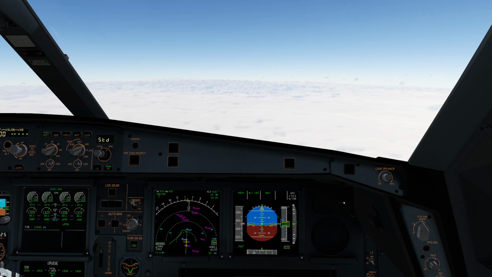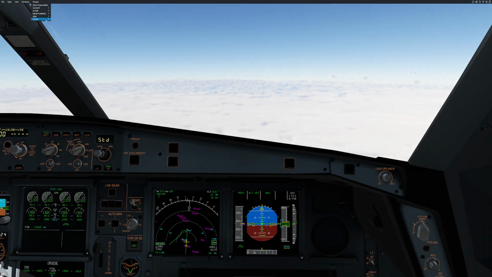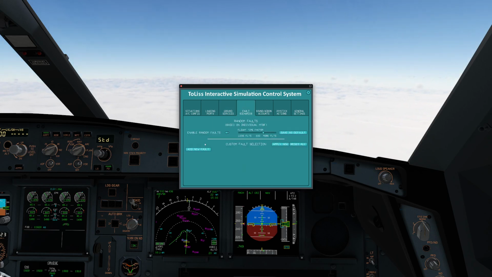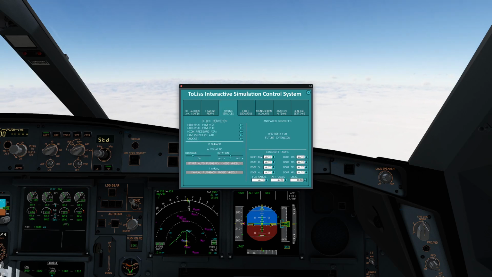Alright, let's have a look into what this looks like when put into practice. Unfortunately, in the tailless ISCS, we do not have the ability to directly insert a loss of cabin pressure, but what we can do is we'll use the ground services and we are going to blow open an aircraft door. Do note, this should not be possible in flight, so this is purely a theoretical scenario since I do not have any malfunction available to trigger the alert otherwise. Alright,